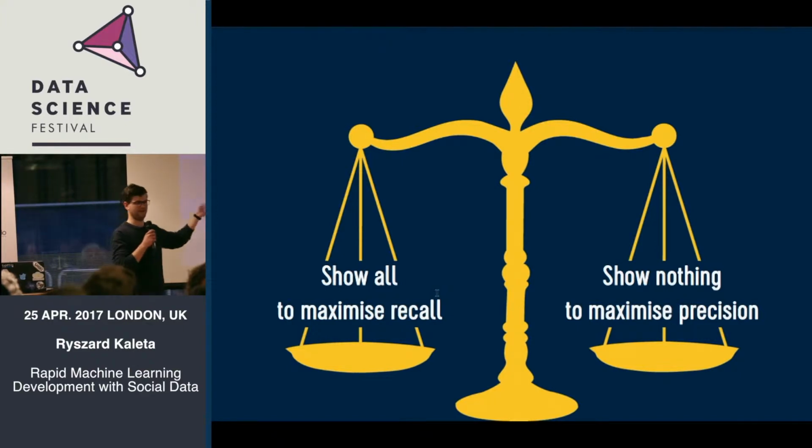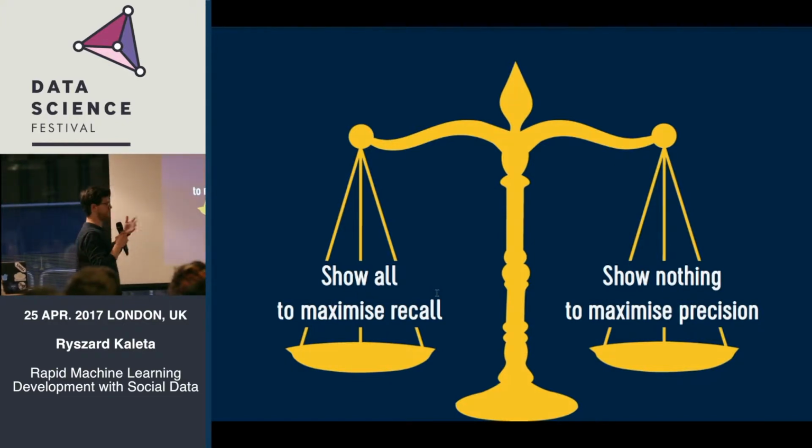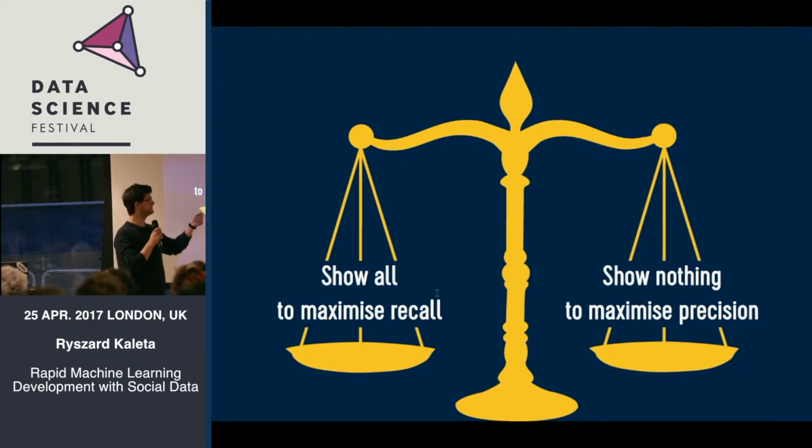Now, you're probably familiar, anyone who's done data science, the recall precision balance is a problem that we all have to solve. What's particularly interesting and fun and challenging about our use case is that, unlike with normal machine learning projects where you would look at social media, analyze some results internally, and any mistakes you make are less apparent to the end user, for us, the results of our machine learning pipeline are streamed directly to OpenTable's millions of users and other customers. So we have to strike this balance really, really well, because otherwise we risk showing irrelevant content, maybe wrong location, or worst of all, a bit of profanity or nudity, or not showing anything at all.